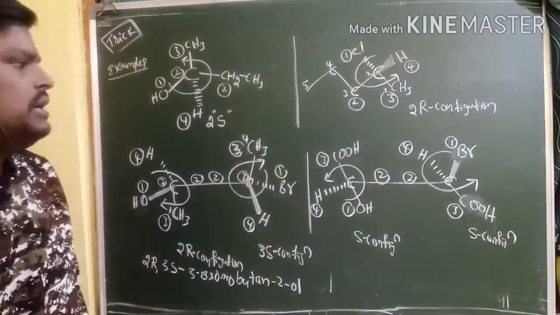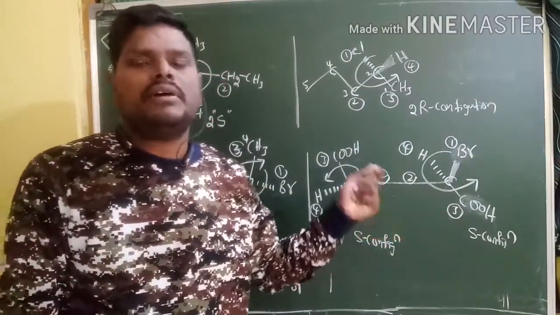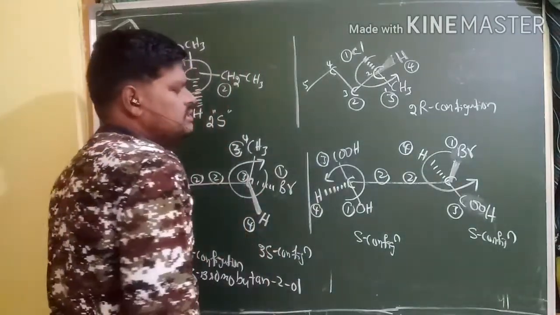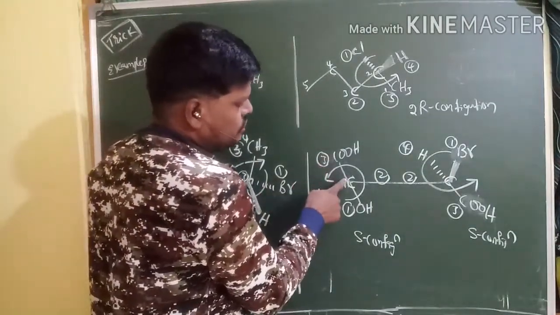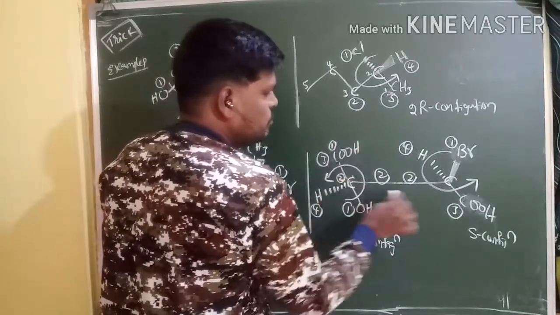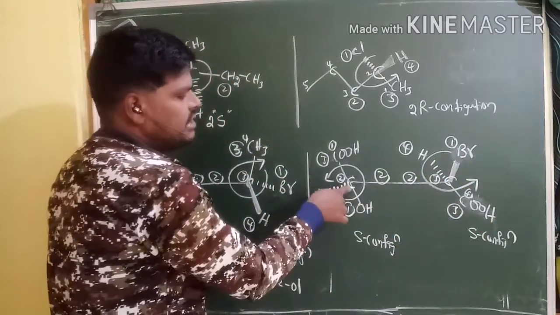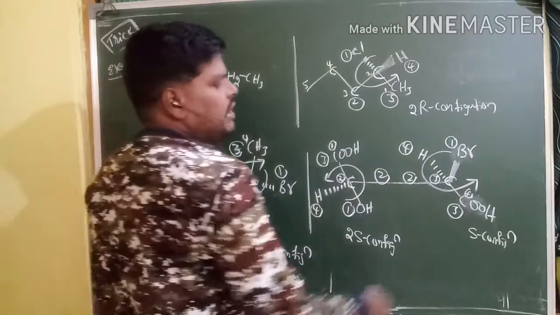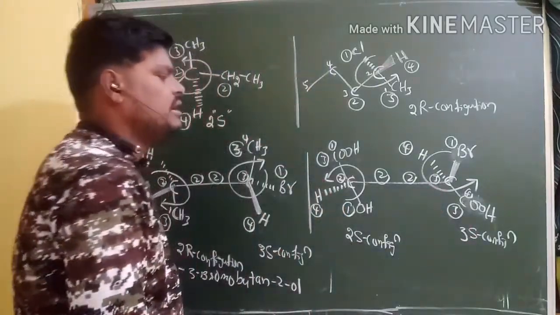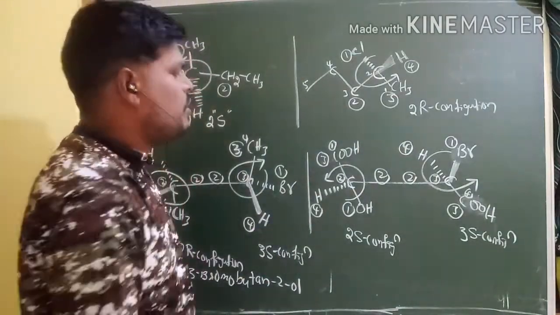S configuration. Right. The fourth one is always kept constant, sir. I already told you in the previous class on RS configuration part 1. Right. So what is the longest chain here? 1, 2, 3, 4 is our longest chain. So this chiral center is number 2, S configuration, and this chiral center is number 3. So 2S and 3S configuration. So what is the name according to the IUPAC system?